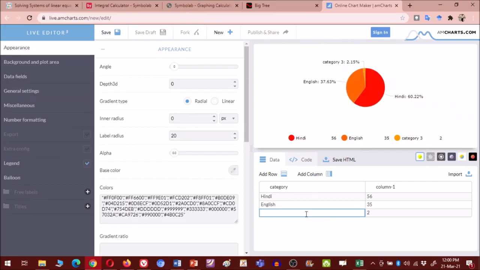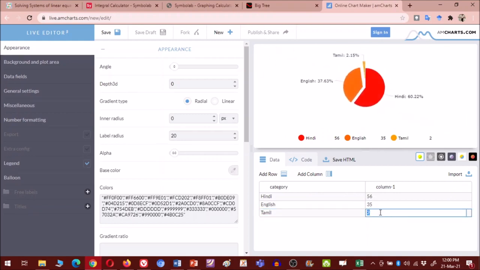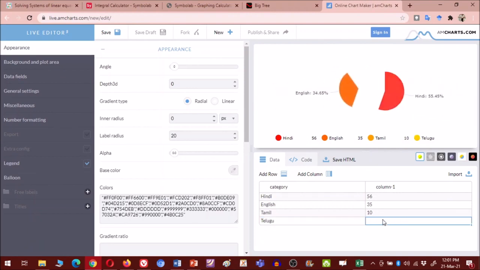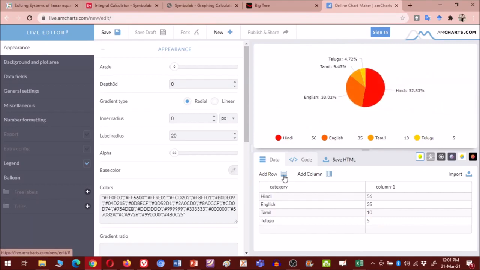Let me add Hindi, English, say Tamil, 10. Because I want more, I will add a row. You can add a row. So Tamil, then you can have Telugu, say 5, then add a row. Let us take the Urdu language.